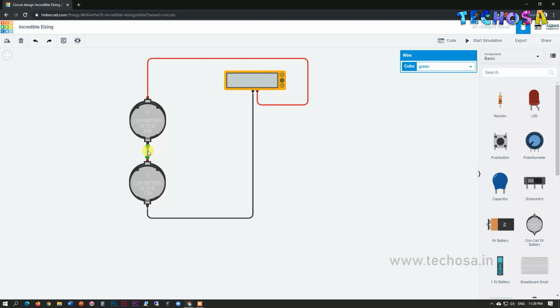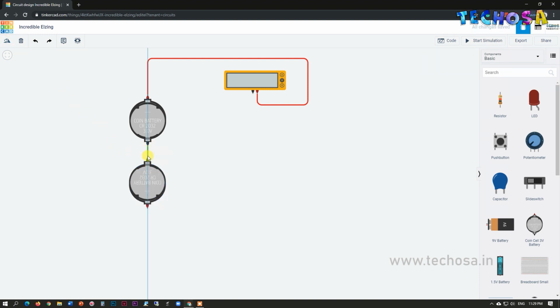Now we can reverse the connection. So first delete the wire connections and click on this rotate icon and our coin battery will rotate. Now connect the negative terminal of first battery to negative terminal of second battery.